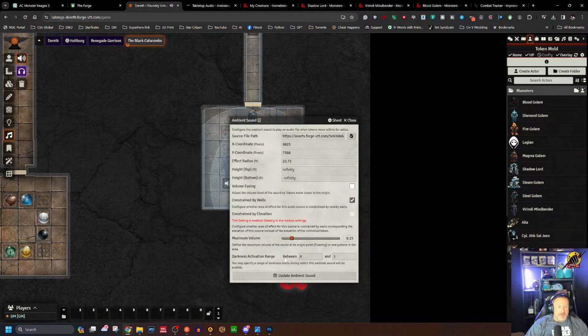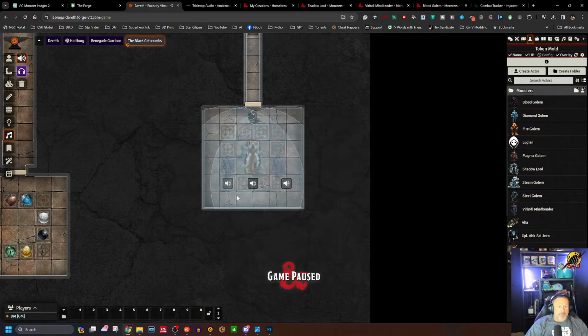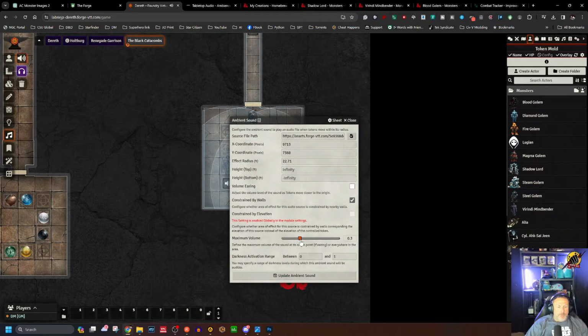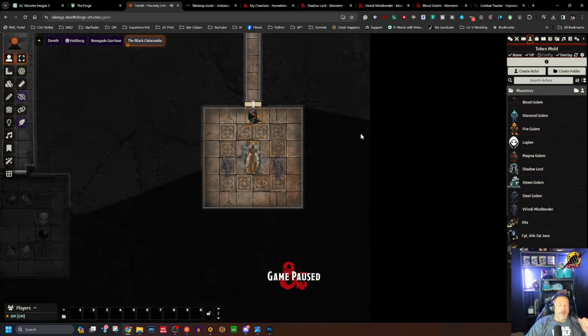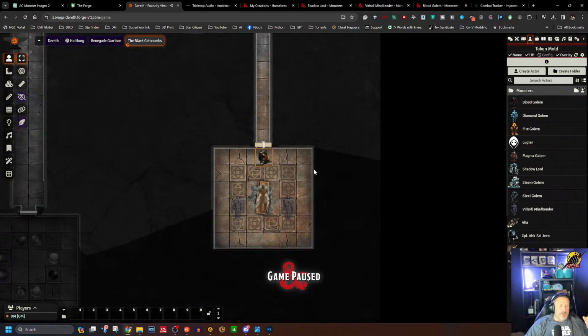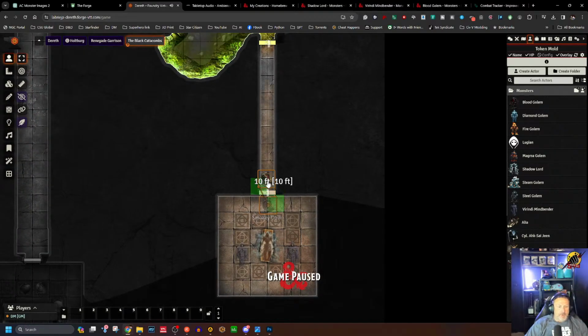Now they all need to be the same volume, so okay, they should all be. They're all the same. Okay, good. So now Smokey in here. That's the music they'll hear when they enter. And then when they move up here,